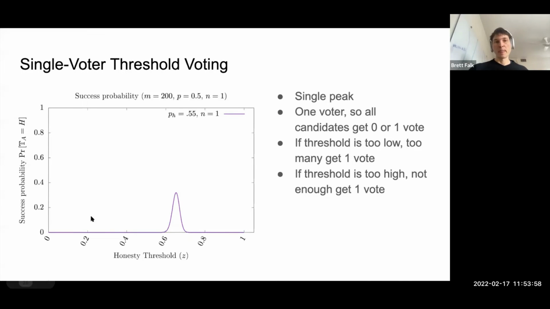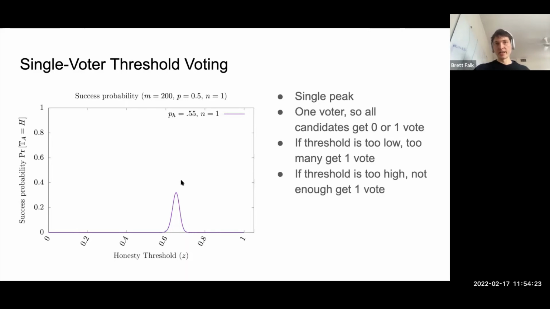It's kind of what you'd think, that you vote for people who you think have a 2/3 chance of being honest. And intuitively, this makes sense. If you vote here, you're voting for too many people. You vote for almost everybody, and you can't distinguish honest from dishonest people. Everybody gets one vote. And if you vote here, you're not voting for anybody. Nobody gets any votes. And again, you can't distinguish, but there's this optimal threshold where you're distinguishing honest candidates from dishonest candidates, and your vote is actually conveying some information.